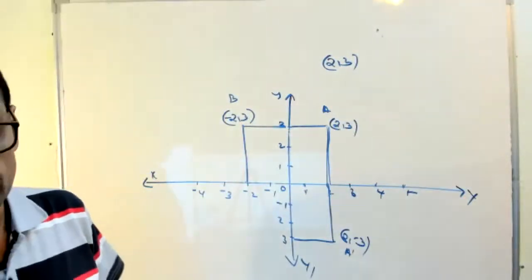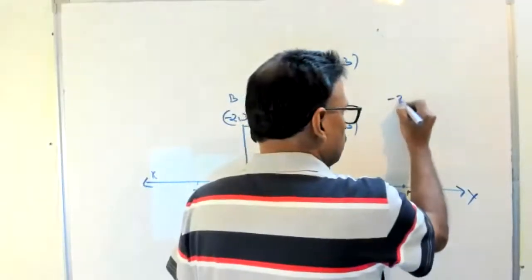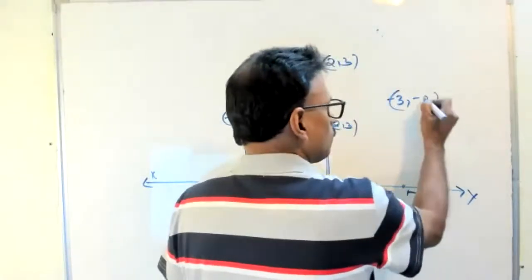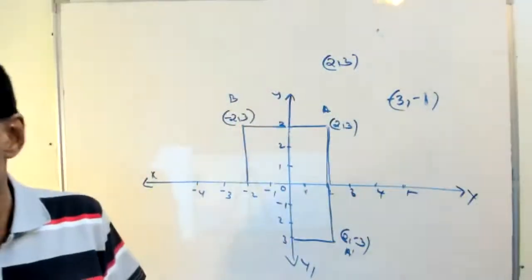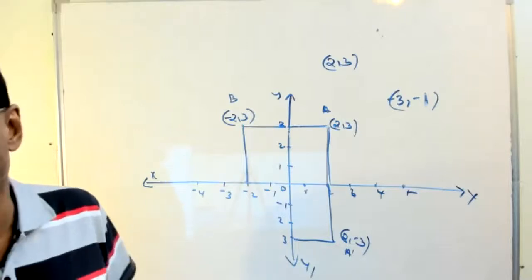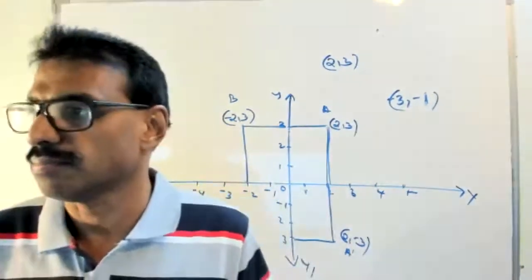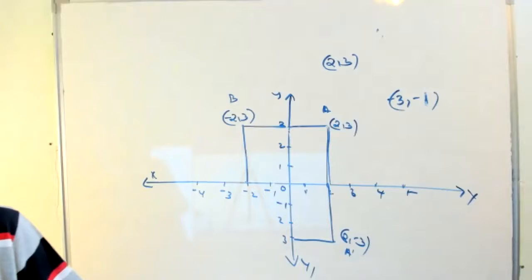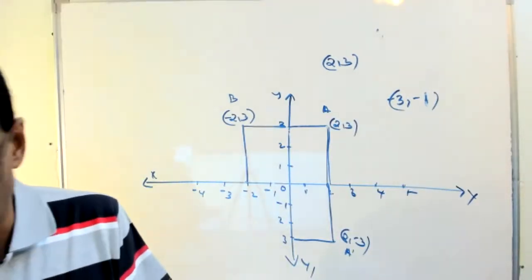Okay. Now another question. Write the mirror image of -3, -1. Should we do it on a graph? Up to you. You can make it on graph paper, plain paper, or without a figure. I want the mirror image only. Clear now? Okay, sir. You can use graph paper or plain paper or no figure, no problem. I want the answer only.